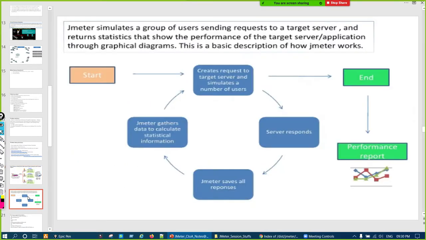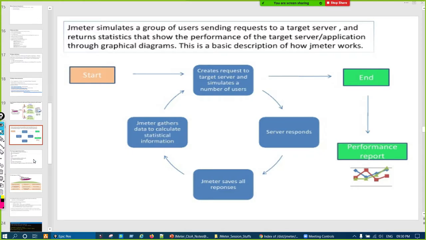So in this diagram, start, then they send something to the server, then they receive the response, right? And in between, JMeter also calculates the response time taken and other statistics, performance statistics we say. Performance metrics are generally the response time, and the server behavior in terms of codes. We'll see those things. So basically this is what the tool does in pictorial format. And finally we get a report, we call it a performance report or test result report. So this is how a tool works.